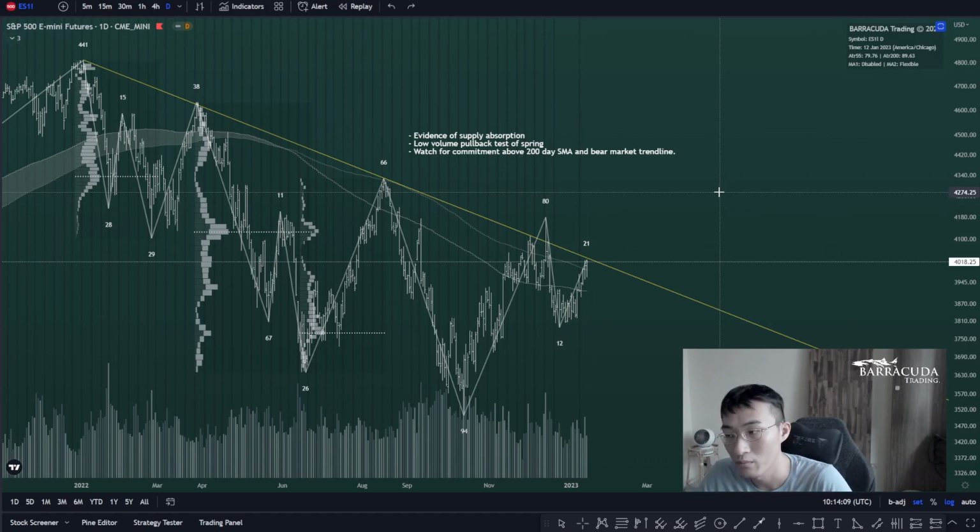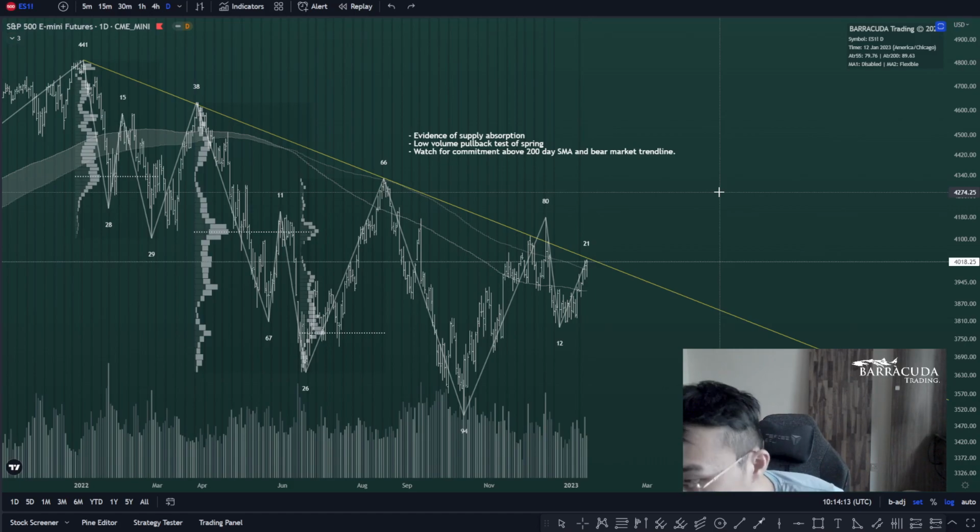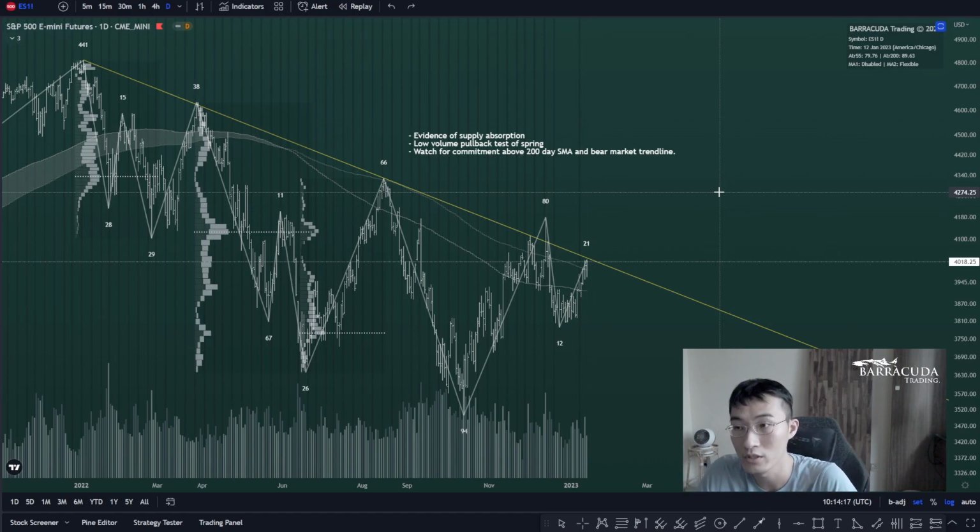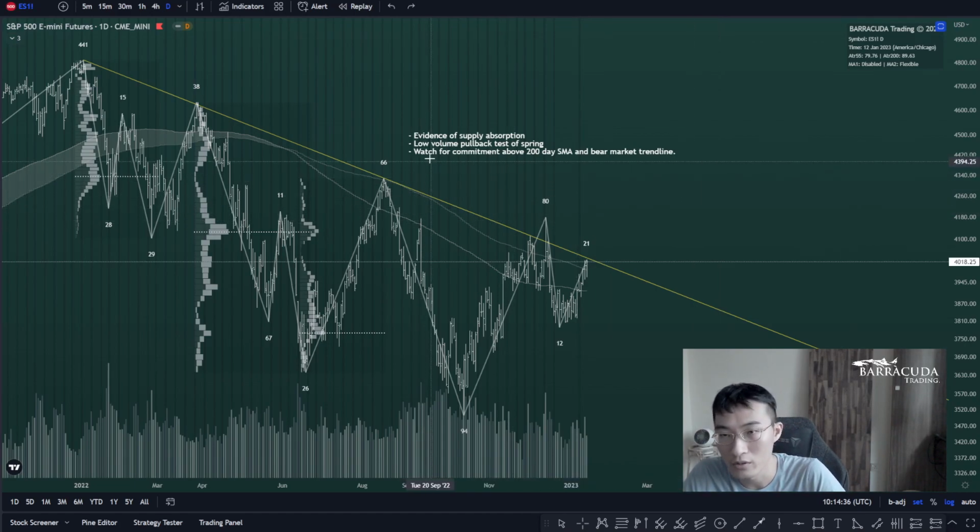And for me to make the decision, I also have to be quite bullish on risk-on assets, such as equities, okay, and things like the S&P 500, they are all basically indexes of equities. So I have to be very bullish on them too, right? So why am I bullish on equities? Well, right now I'll give an explanation. So three things. The first thing I'll talk about is the evidence of supply absorption.